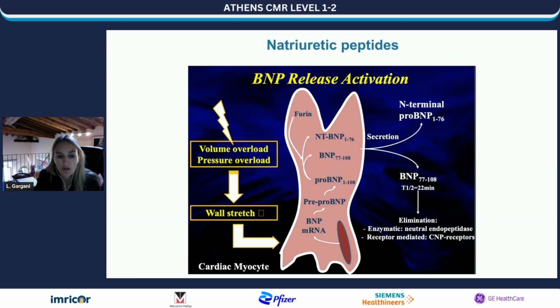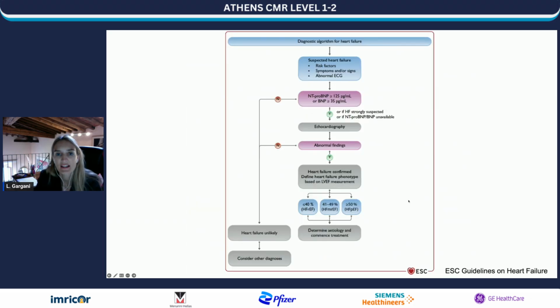So when you have a wall stretch due to volume or pressure overload, the proBNP is released and divided into the NT and BNP. And as you can see here, these are the European guidelines on heart failure. For us cardiologists, natriuretic peptides are a cornerstone of the evaluation of our patients in the diagnostic algorithm for heart failure. After the history and physical examination, the first examination that is advised is indeed dosing NT-proBNP or